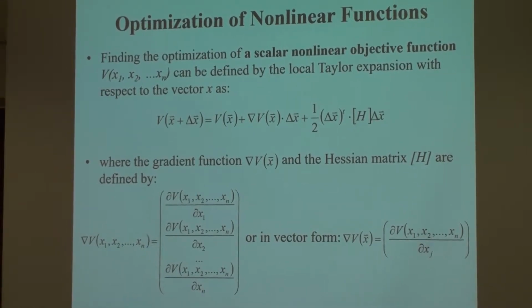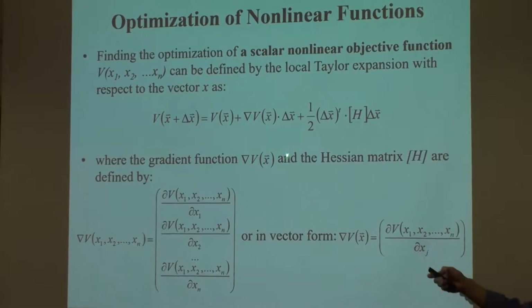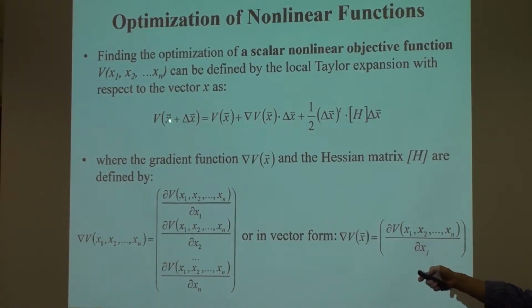So if I have an initial guess, just like in my Newton-Raphson method, I will search according to these equations, knowing that this is defined as this. V remains a scalar. This is just the gradient of that scalar with respect to all its independent variables. If it has n independent variables, the gradient of v becomes the vector.